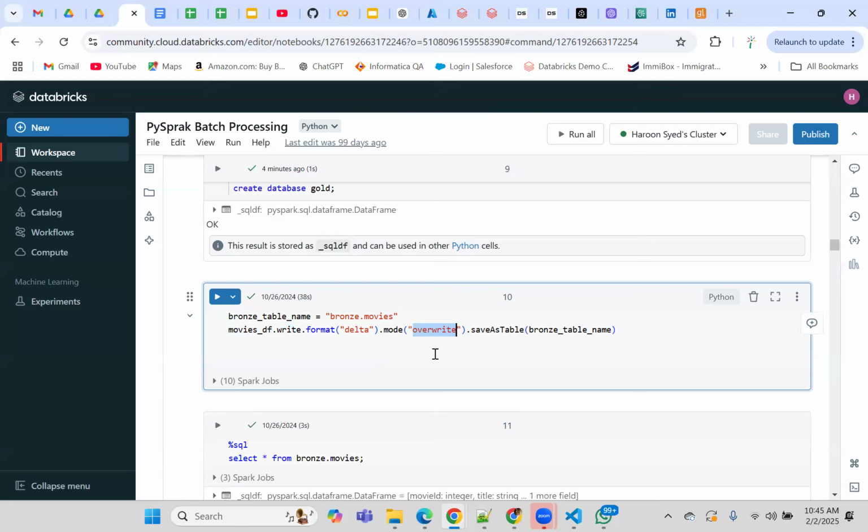There are different SCD type 1, type 2 when you use them. Append means just keep adding the data to the table, or you can overwrite. Overwrite means the previous data is all deleted and the new data is added. It's kind of truncate and load, a full load kind of thing. Then I'm saying save as table. What is the table name? bronze.movies. So if you are getting confused with this,